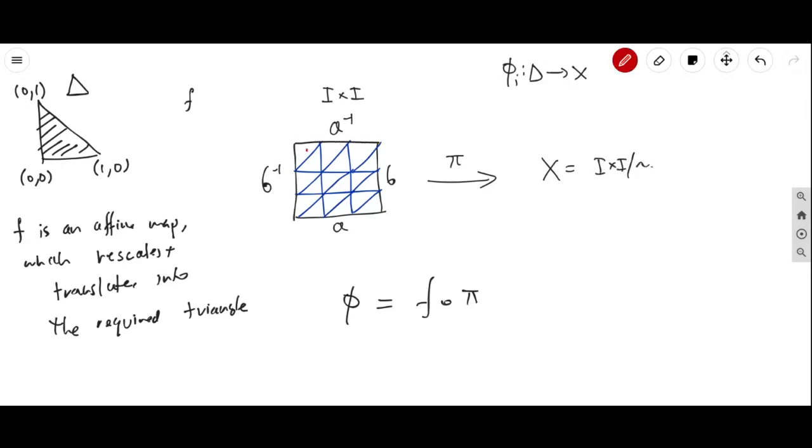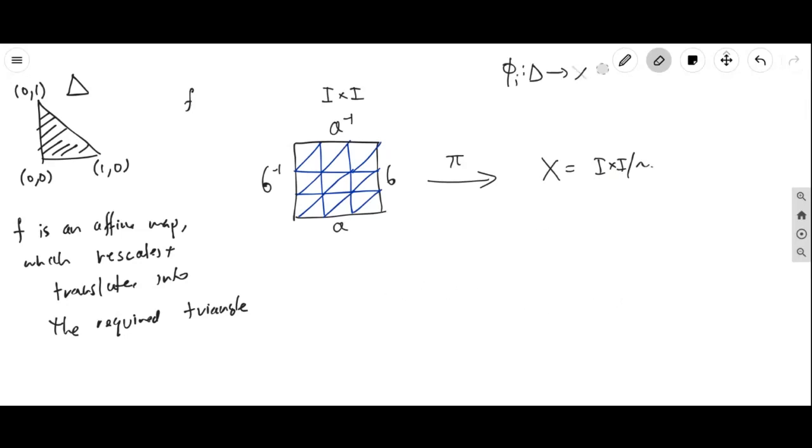So you do it with this one, you do it with this one, you do it with this one. So you do it for all of them. So you always compose with pi, restricted to that smaller subset. And every time you use F, you use a different rescaling. But the point is, it is possible to construct mappings from delta into this space X that will satisfy the